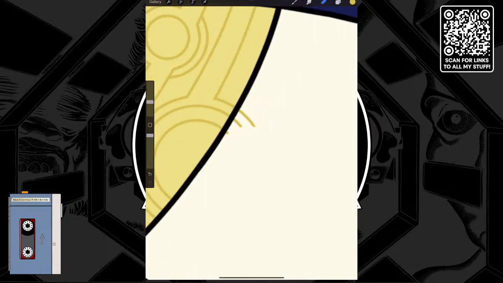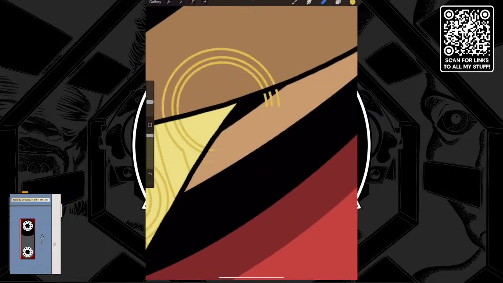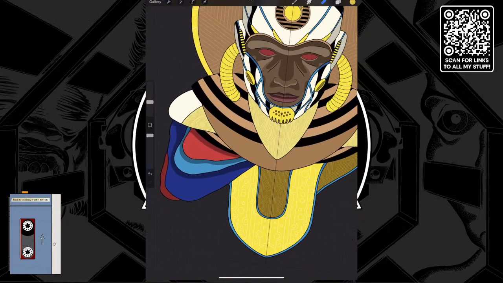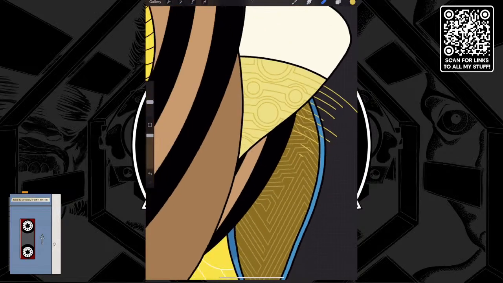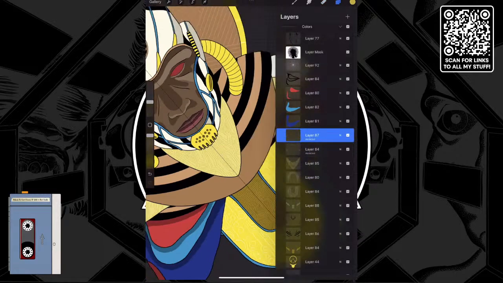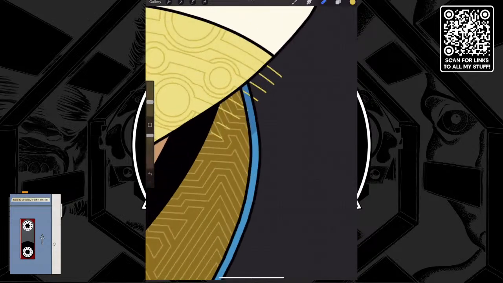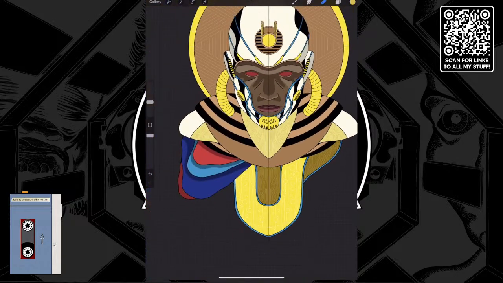My mirroring is not having the same problems it did last time. That's good. Didn't know if it would. So I just have to periodically look. Okay, so that's, yep, that's good. Okay, and the borders are all fine. Oh yeah, they are. I just didn't do the lines here, I guess. They must not be visible on that other side because of the clothing. That's okay. Still gotta go. There we go. Okay. That's good.